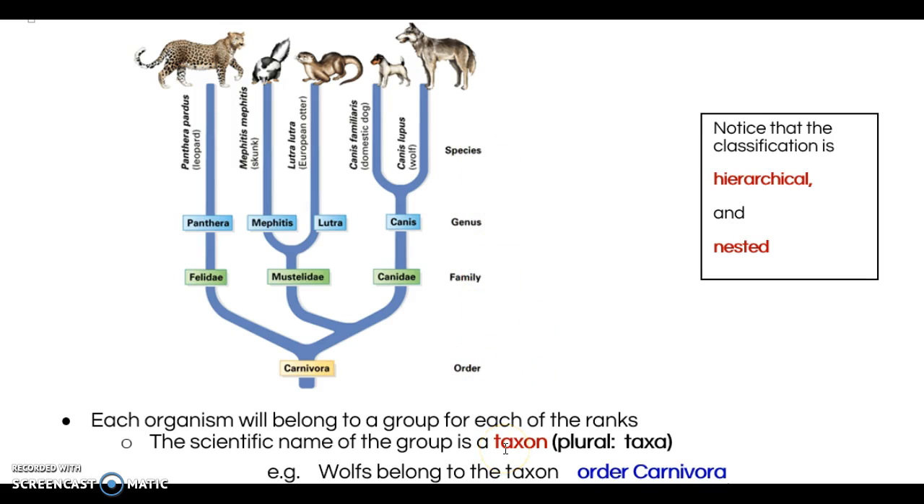However, if we're talking about your taxon, the taxon is the specific name within that rank. So for instance, I would say that wolves belong to the taxon Carnivora within the rank of order. Okay, so within the rank of family, wolves belong to the taxon Canidae. Okay, so family is a rank, but the taxon within that rank is